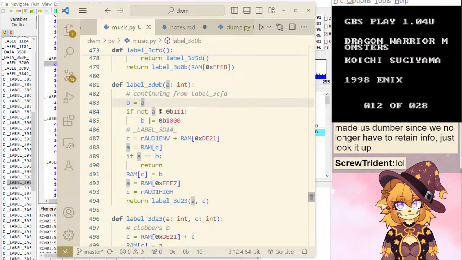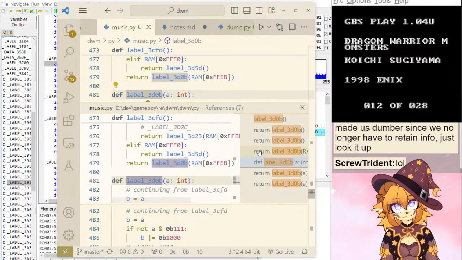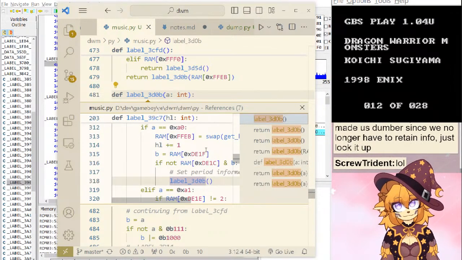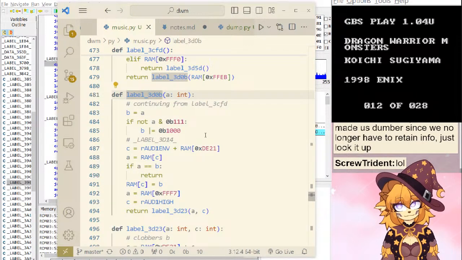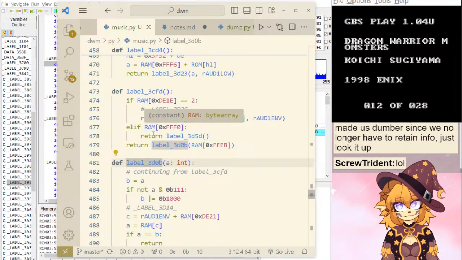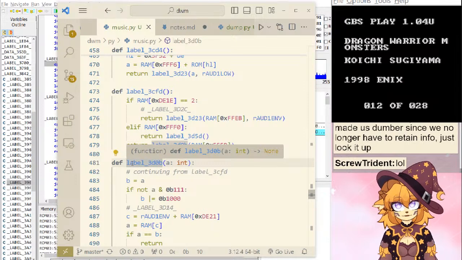So, I don't know where it is. So this, I believe this. Uh-oh. A lot of calls to here without putting the A. Such as that one. Okay.